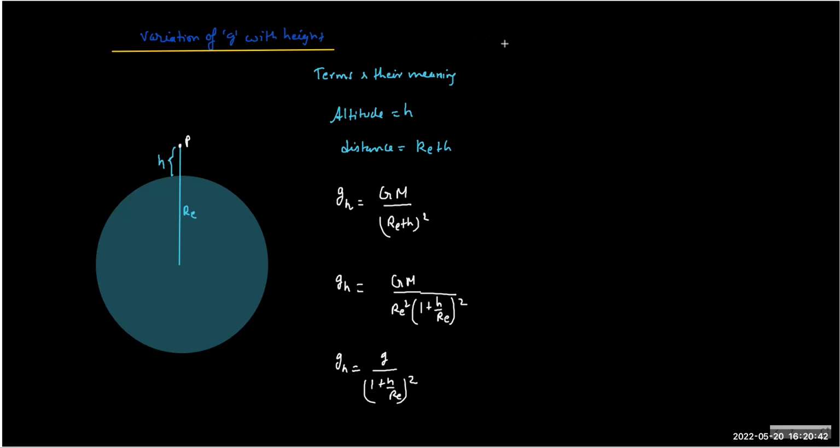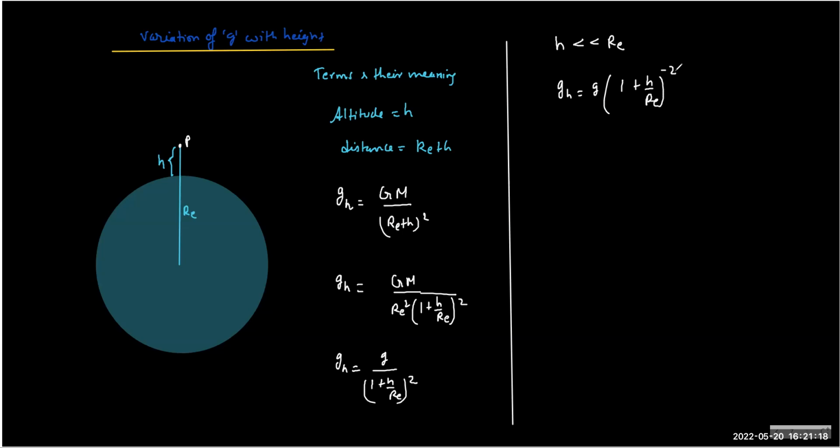Now, this is the formula in general, but we can make it more approximate for small values. If h is not very large, let's say you just climb the Burj Khalifa, which is not very large compared to the Earth, it's nothing, right? Although it's the tallest building on the Earth, that doesn't make it really big compared to the Earth's dimensions. So having said this, we can use the binomial approximation, and the power gets multiplied, right? I hope you remember.